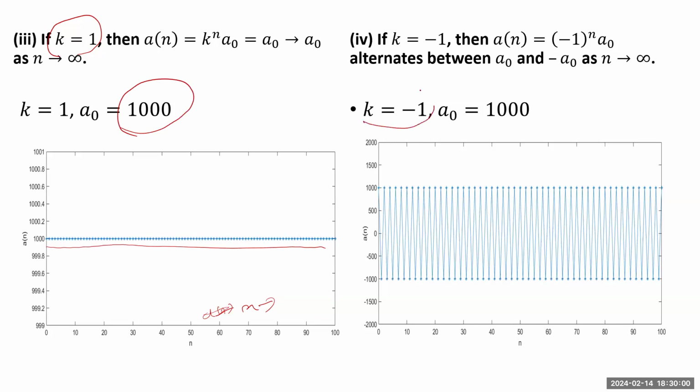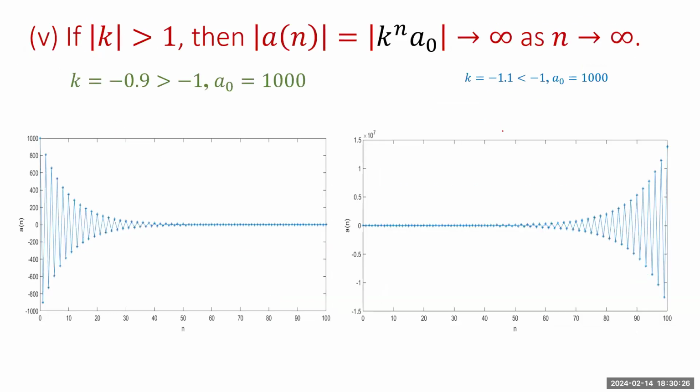If k is equal to -1, then a of n is equal to -1 to the power of n times a naught. So as n tends to infinity, the values oscillate between -1000 and +1000, because your initial value is 1000. It is in oscillating mode, right? And similarly, if you take mod k greater than 1,